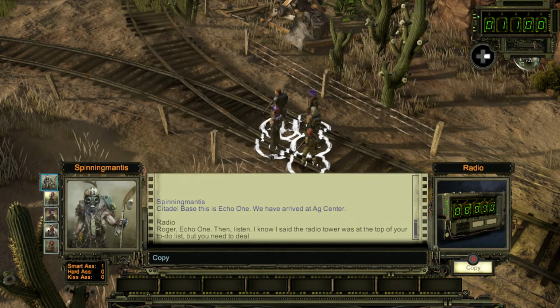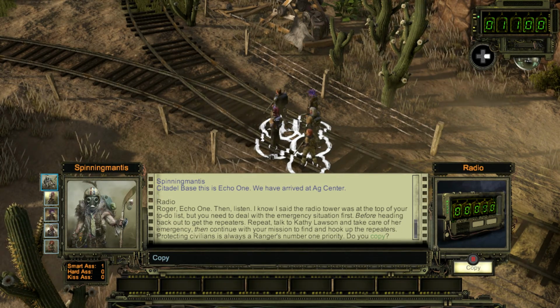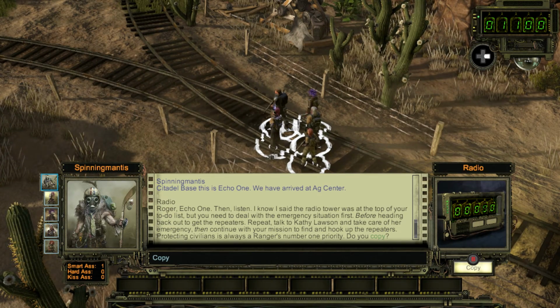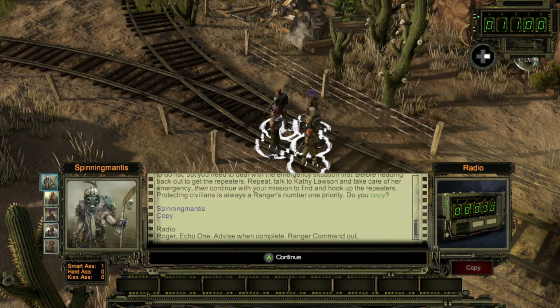Roger, Echo 1. Then listen. I know I said the radio tower was at the top of your to-do list, but you need to deal with the emergency situation first, before heading back out to get the repeaters. Roger, Echo 1. Advise when